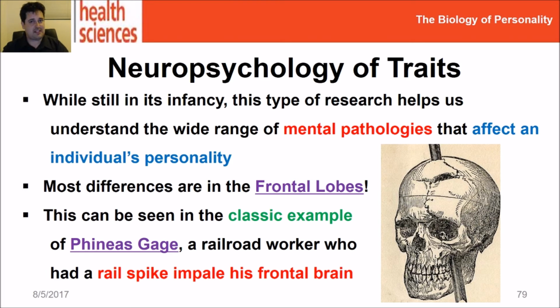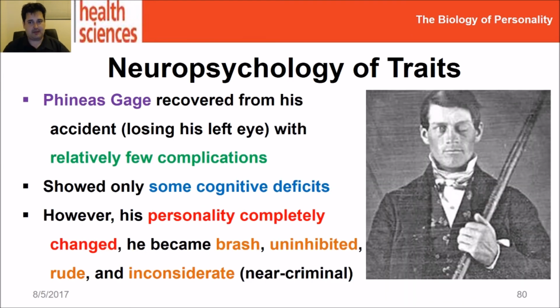The most famous of these examples is the case of a man whose name was Phineas Gage. And this is an illustration of what happened to him. He was a railroad worker who was tapping in a railroad spike to compact some dynamite in a hole. The dynamite exploded from a spark, and the railroad spike jammed up through his skull, came out the top, caused him to lose one of his eyes, and put a big hole right through a big part of his frontal lobe. But they were able to put him together, do surgery on him, and he survived. He was perfectly physically okay, except for the loss of his eye and some drainage issues around his jaw. There's a picture of him at the time.